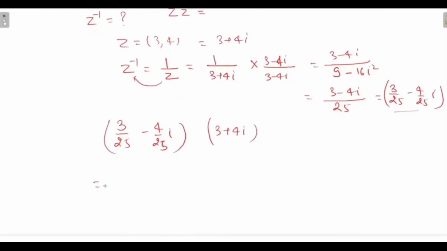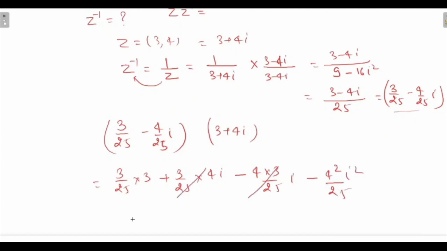We get 3 by 25 into 3 plus 3 by 25 into 4i minus 4 into 3 by 25i minus 4 square i square, 20 upon 25. So this will cancel out because 4 into 3, 3 into 4, right? This will become 9 upon 25, and this will become plus 16 upon 25. So 25 upon 25 will be 1, right? So that's why this part, 3 upon 25 minus 4 upon 25i, would be your